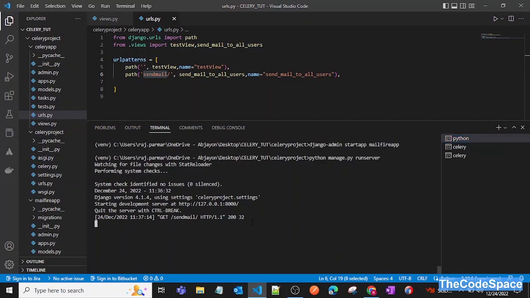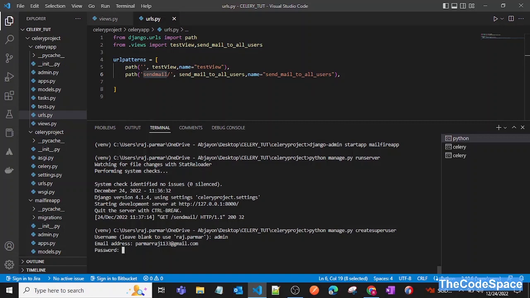So first what we need to do is create a superuser. So we will create a superuser, and then we'll pass the username, and also please add the perfect email ID, the Gmail ID, to which you want to send the mail. So I will pass my another email ID which is rajparmaraj1133@gmail.com. Okay, now you can add the password. So this is the password,